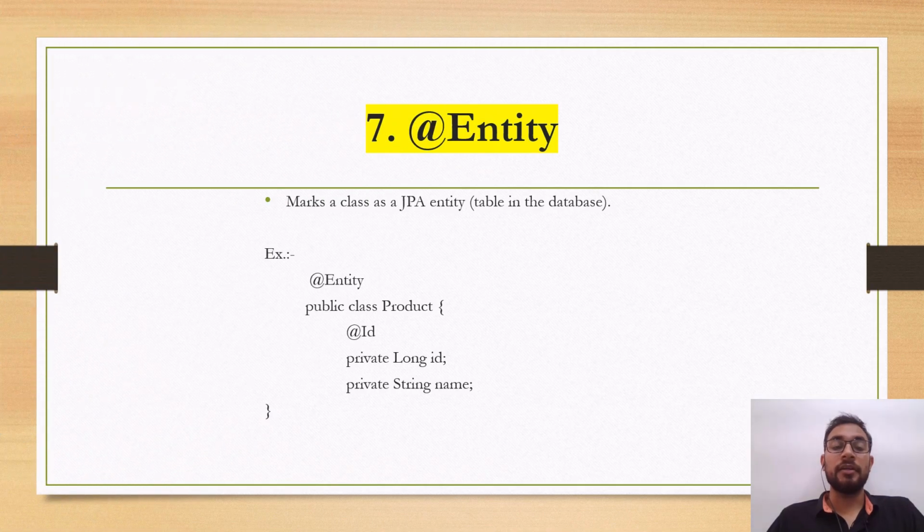@Entity. It is used to mark a class as a JPA entity, a table in the database. For example, we have a class Product and we annotate it with @Entity annotation. Next is